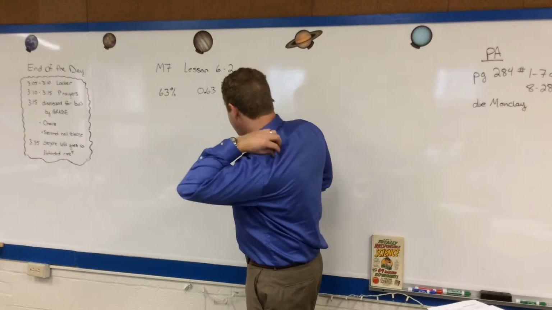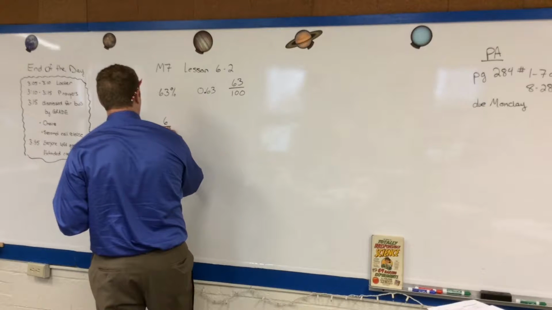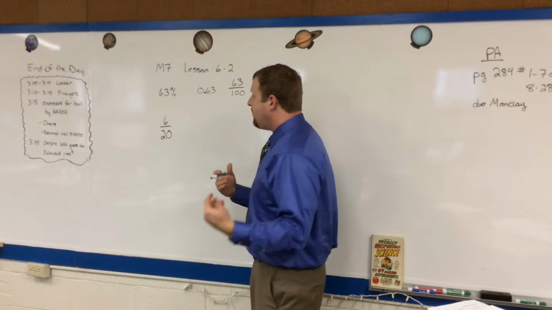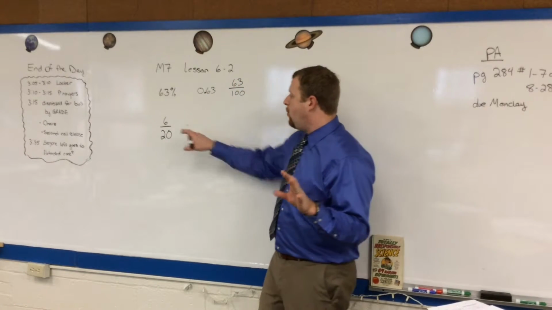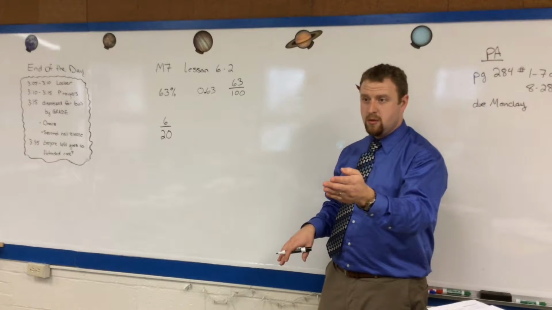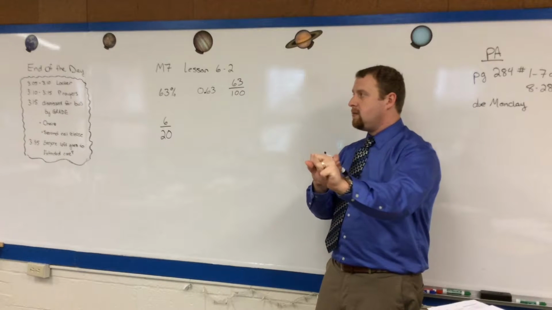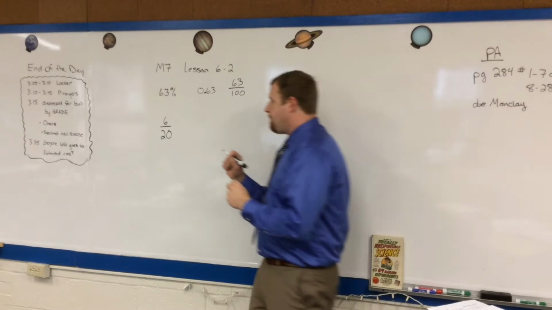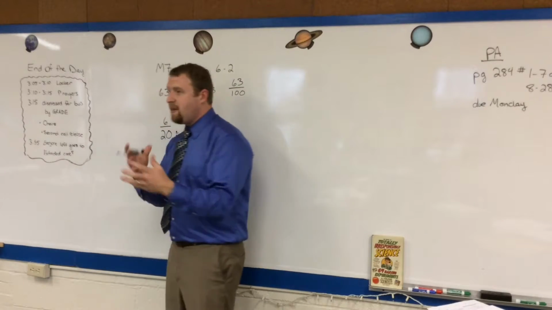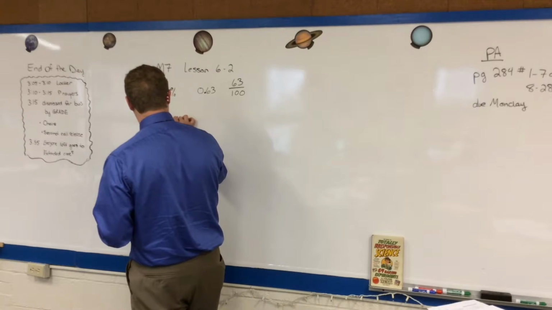Hang on one second. Let me go do one more here. What about 6 over 20? Okay, I know that's not the simplest version of that fraction. The easiest thing to do here would be to convert it into a decimal first. Okay, so what would you do? I would actually do 20 times 5 to make it 100. Oh, that's great. Let's do that. Since I know I need the bottom to be 100, that's the easiest. If I multiply the bottom and top by 5,